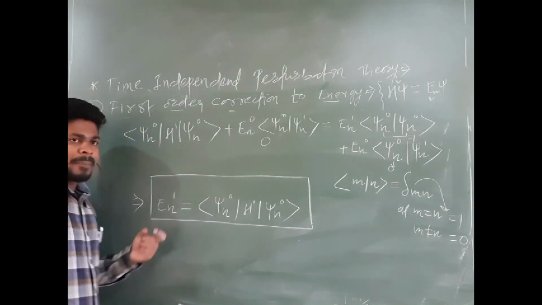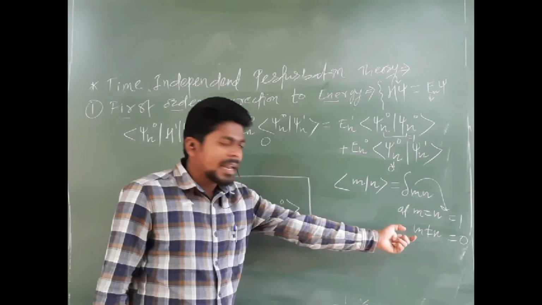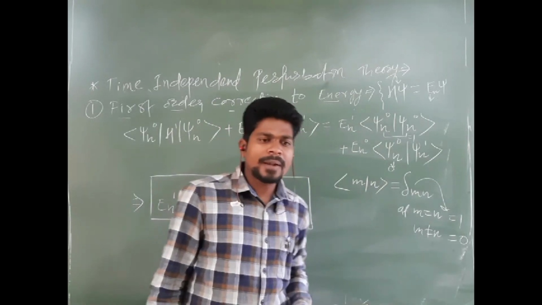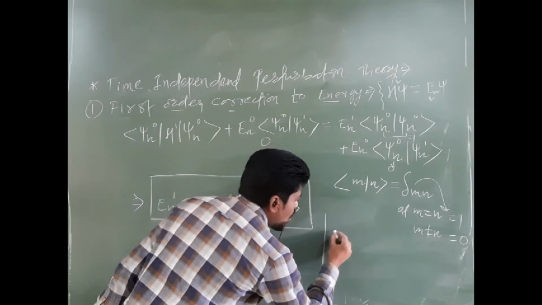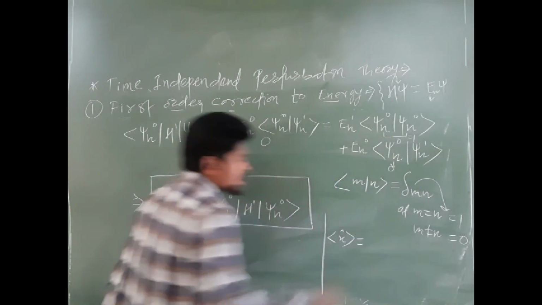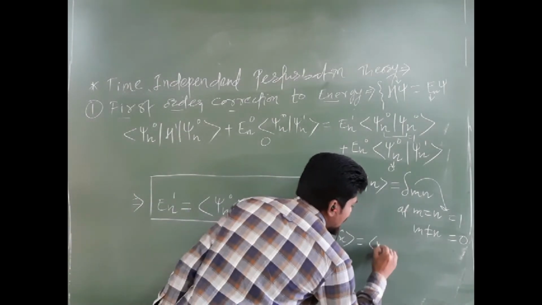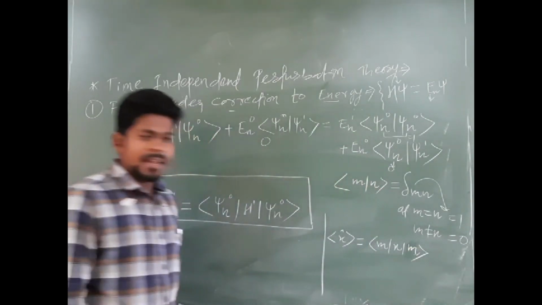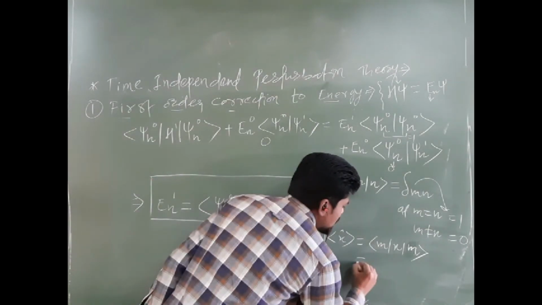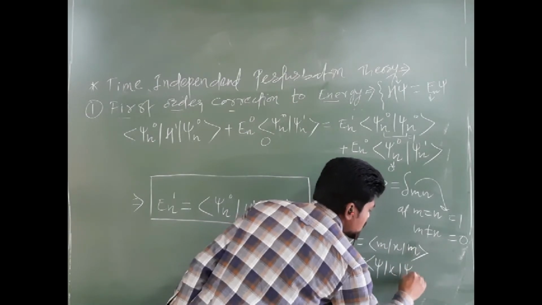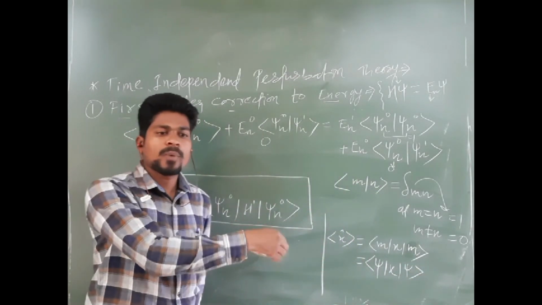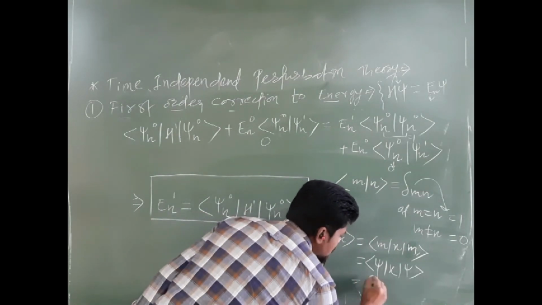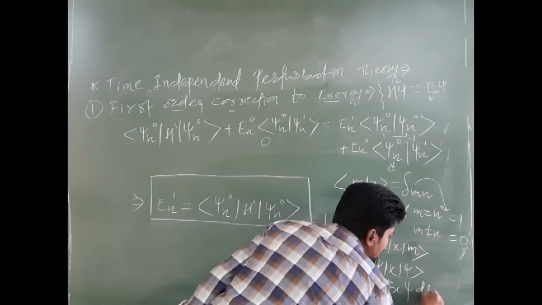So from this formula we can make one conclusion. I discussed just a while ago that according to Dirac bracket notation, to find the expectation value of any operator, for example to find the expectation value of x operator in direct bracket notations, the formula was somewhat like that, psi x psi. This is the formula in Dirac's bracket notation for finding the expectation value. And in Schrodinger's notation, we write the same equation as integration of psi star x psi into d tau.